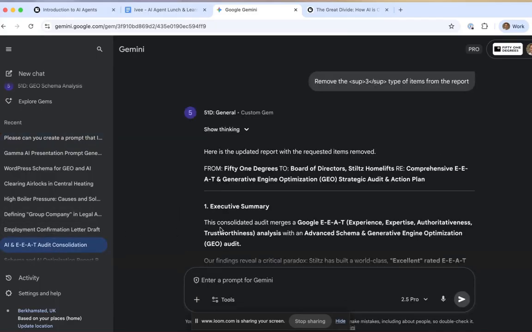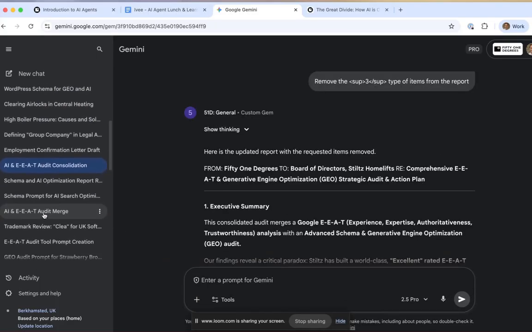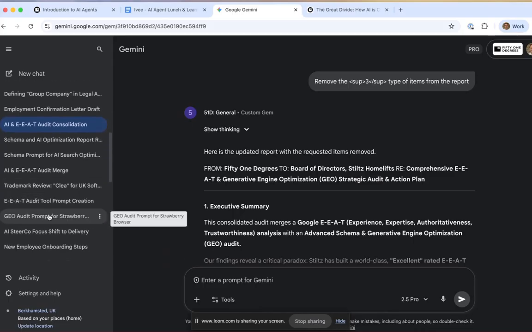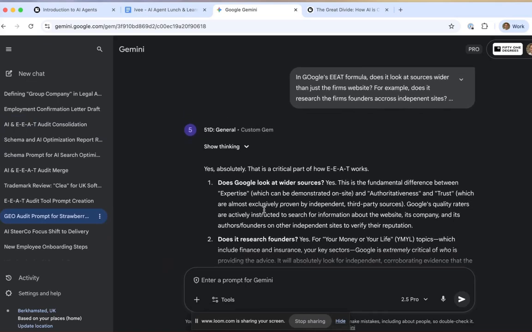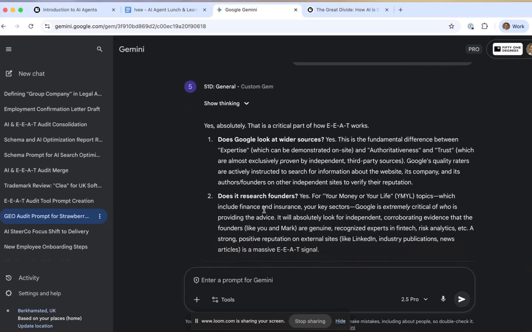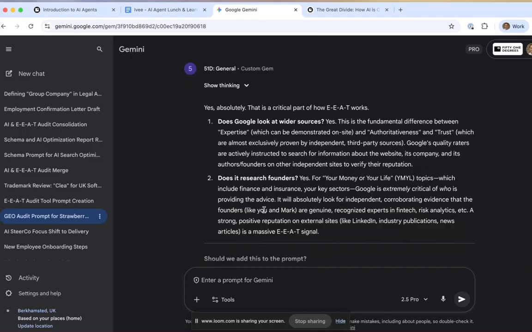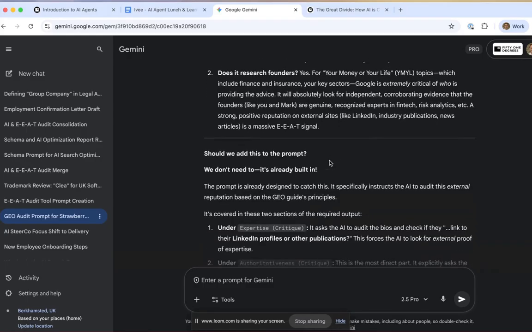So, for example, I wrote the prompt for the GEO. GEO is Generative Engine Optimization, which is the phrase that some people are using for the new world of search engine optimization. I wrote the prompt for GEO in Gemini here, but often, because of this point of LLM chaining, I broke it up into different sections.